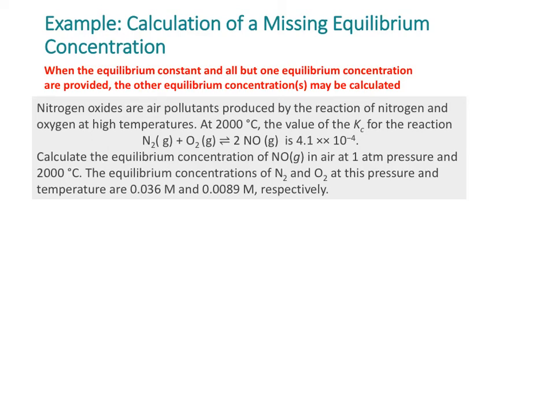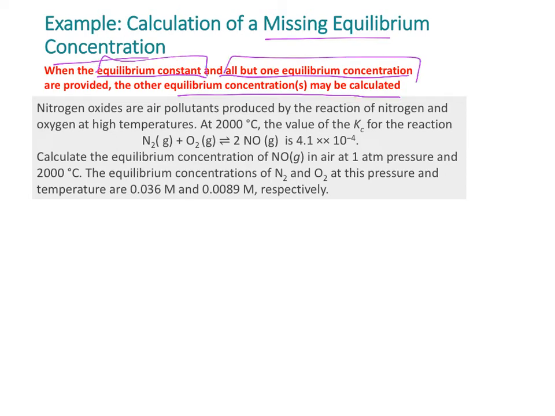In this example, we will be calculating a missing equilibrium concentration. Whenever you have the equilibrium constant and all but one equilibrium concentration. So in the previous example, in the part 1 video, we were missing two of them. In this case, we have all but one, and the other equilibrium concentration will be calculated from this information and